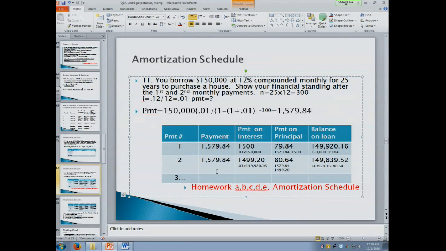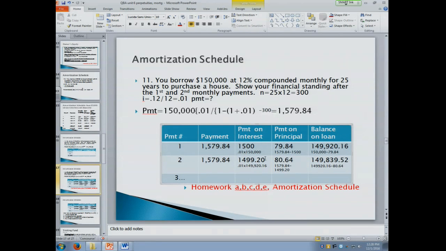and we're paying the exact same amount, right? The $1,579.84. However, this time our interest is calculated based on the balance of the loan, this $149,920.16. And if you see here in tiny print, we use that to calculate our interest, and our interest is reduced by 80 cents. So of this $1,579.84,